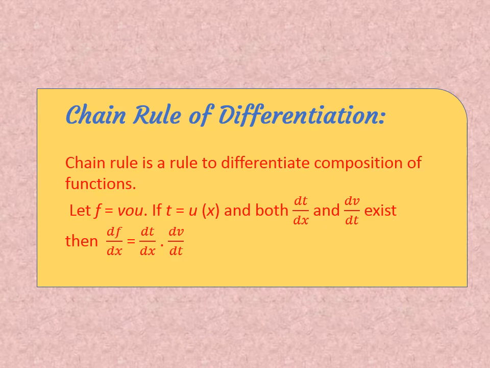Simply, suppose I have a function sine of cos x, sine bracket cos x. So it is a composition of two functions. One is sine, second is cos. Clear? So it is called a composition. So first we have to differentiate sine, then multiply by the differentiation of cos. It is very simple. So let me give you an example of this.